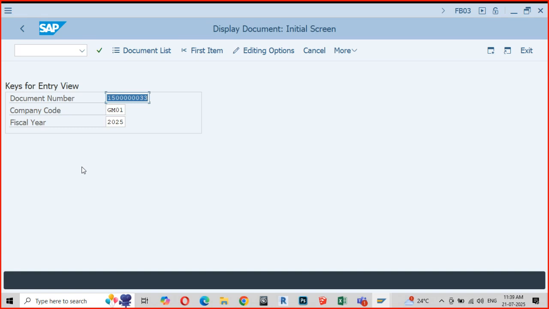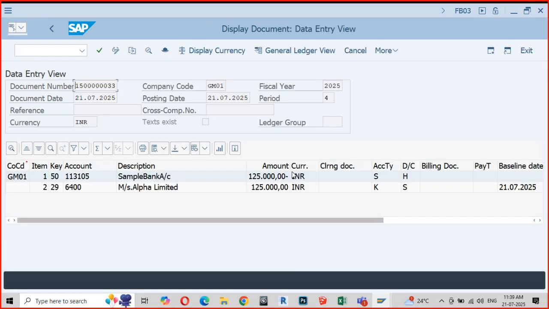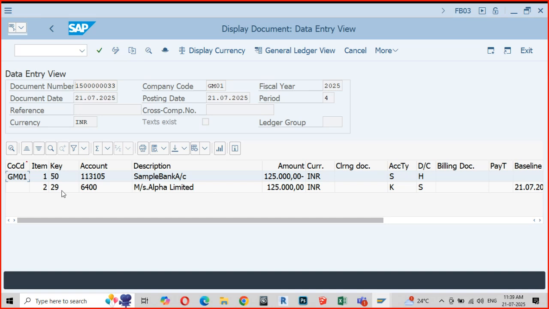Enter. Now do you see, 29 is the posting key, 50 is the posting key. Mrs. Alpha Limited has got a debit. Sample bank account has got a credit. Clear?